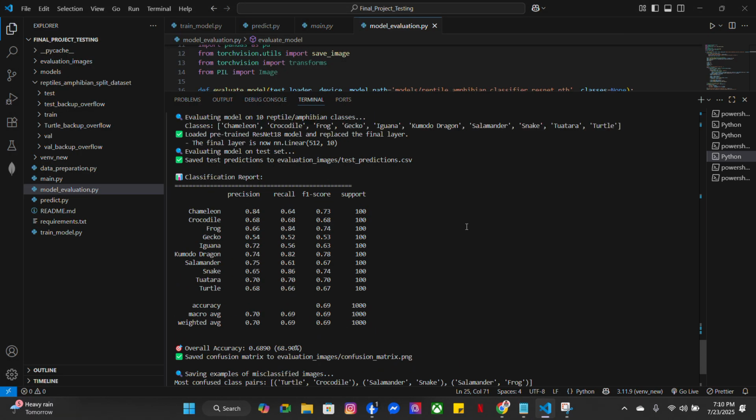The model achieved an overall accuracy of 68.90%. Some species like Komodo and frog perform well with F1 score above 0.74, but others like Gecko had lower performance with an F1 score of only 0.53.